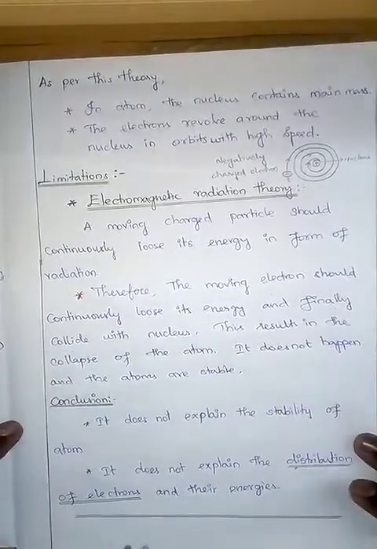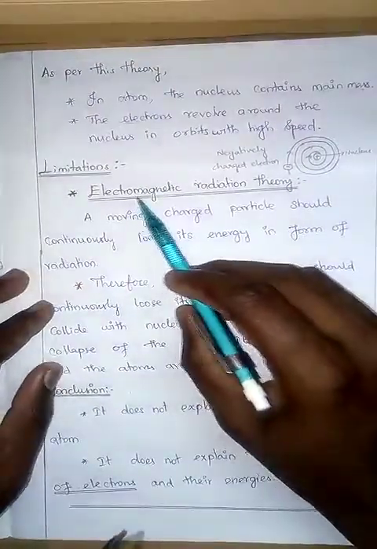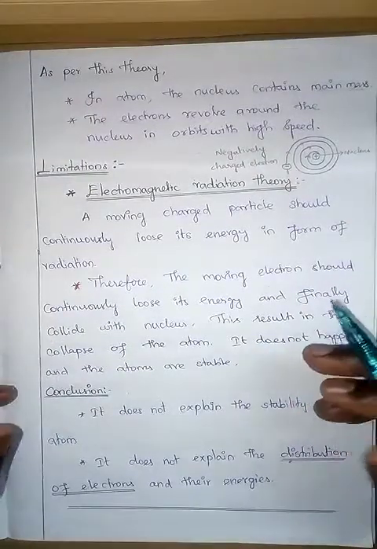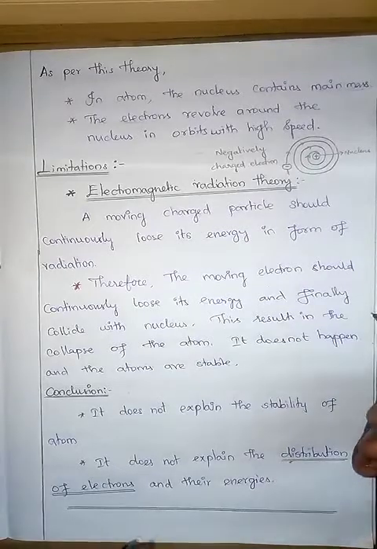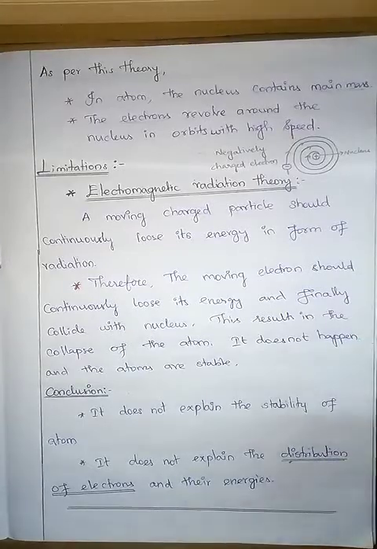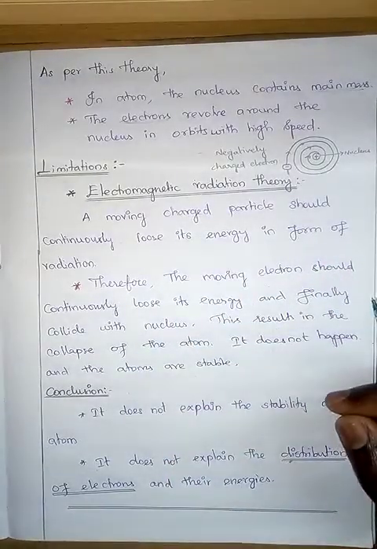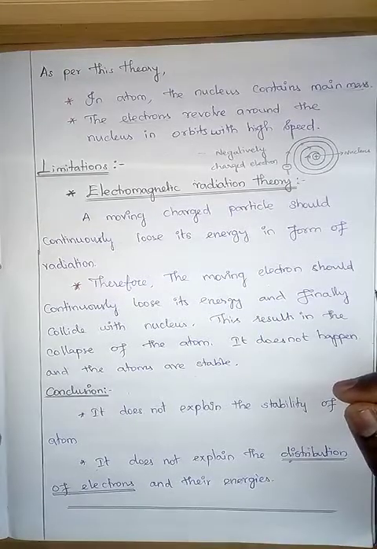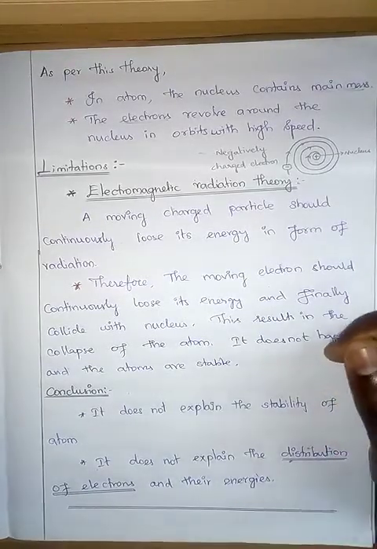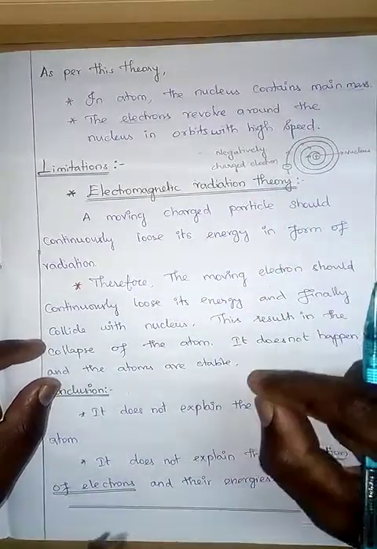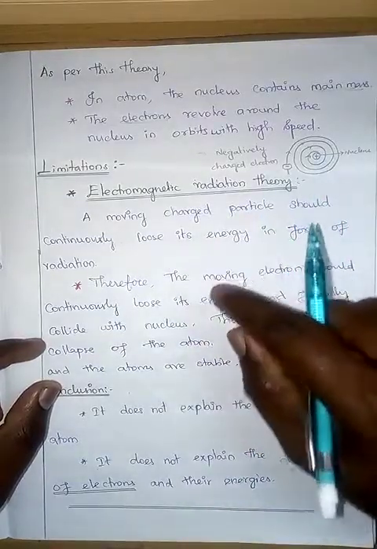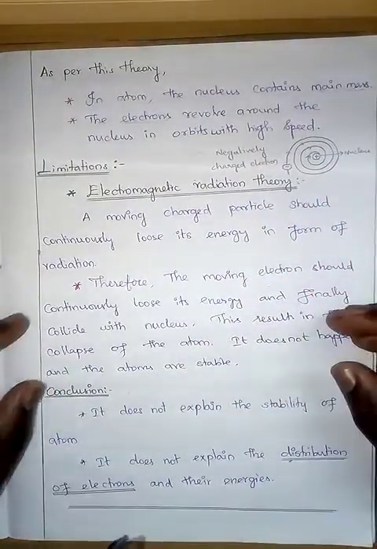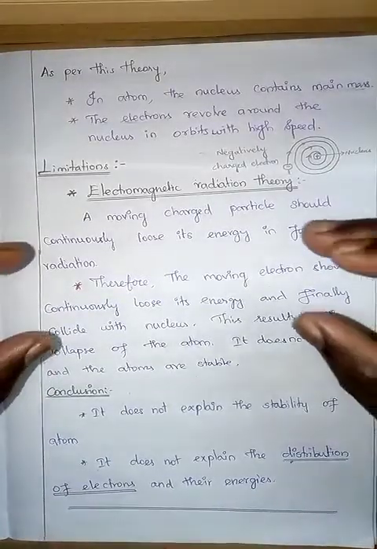What is the limitation of this model? As per the electromagnetic theory, please imagine an example. During Diwali time, we fire chakras, right? Once we fire that, it will rotate until the chemical present inside is used up. Until the fire goes off, it will rotate. After that, it will be destroyed. The same concept you apply here.